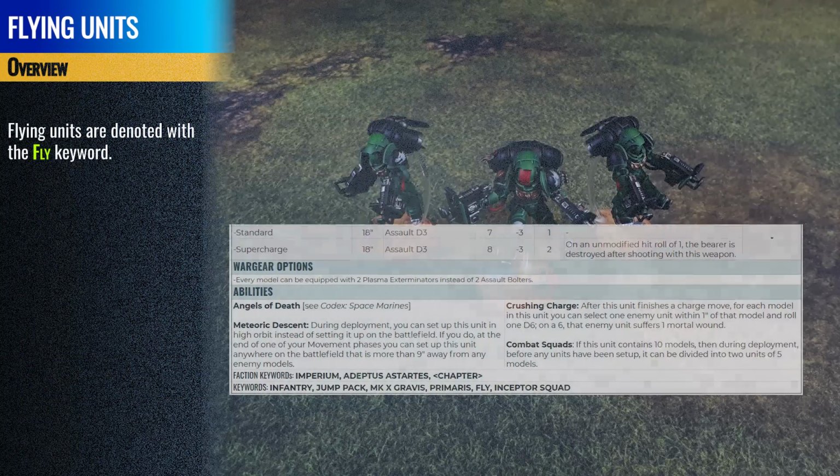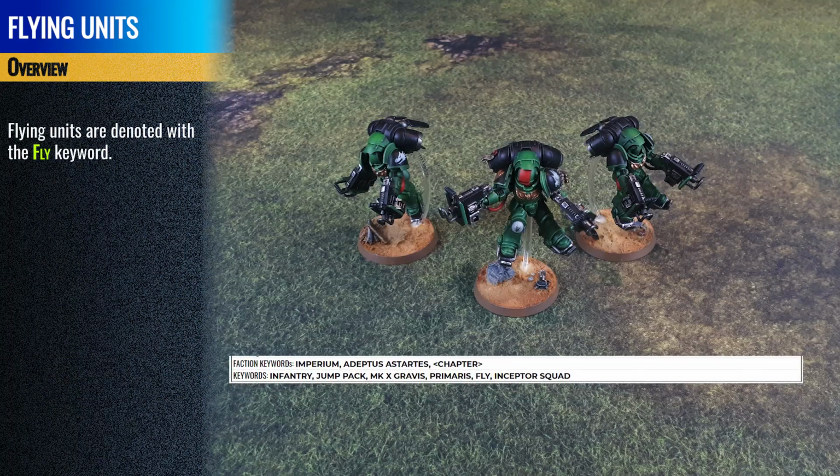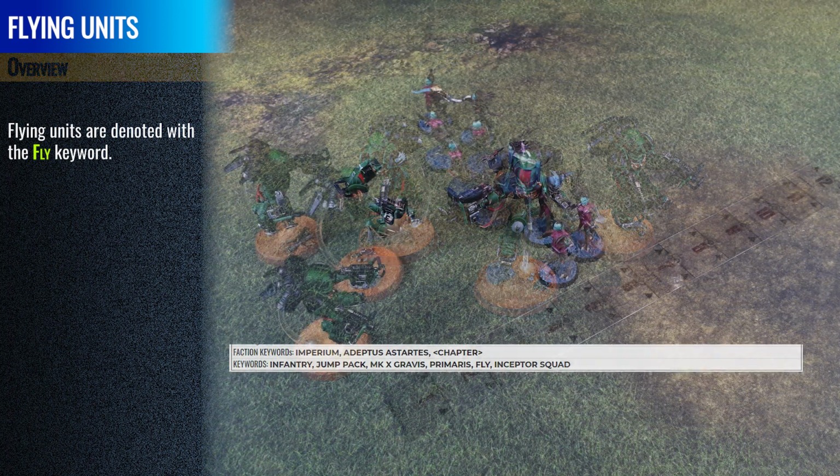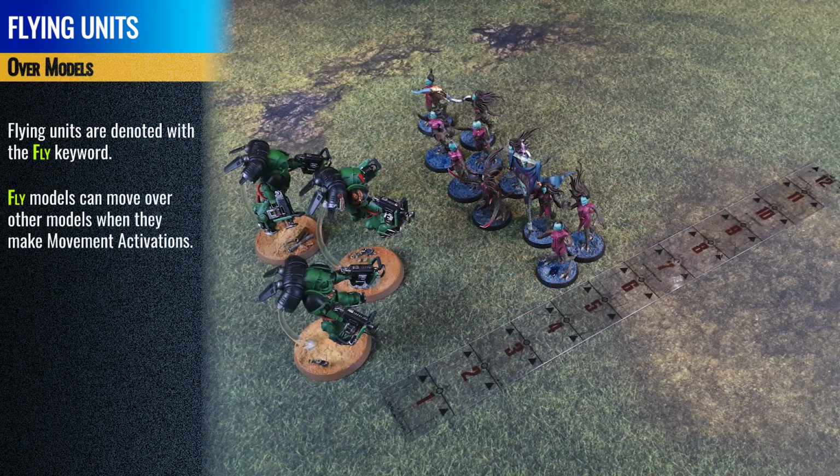Some models' datasheets have the fly keyword, such is the case with this Inceptor squad. When a unit has the fly keyword, when it makes a move, advance, or fallback activation, it can move across other models and their bases as if they were not there. They have a special exemption in that they can be moved within engagement range of enemy models, and it allows